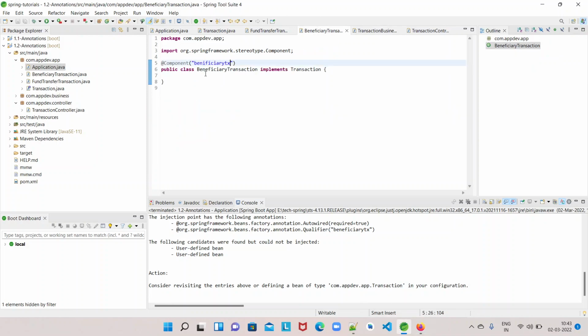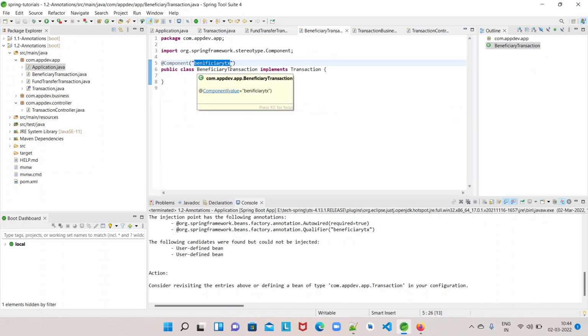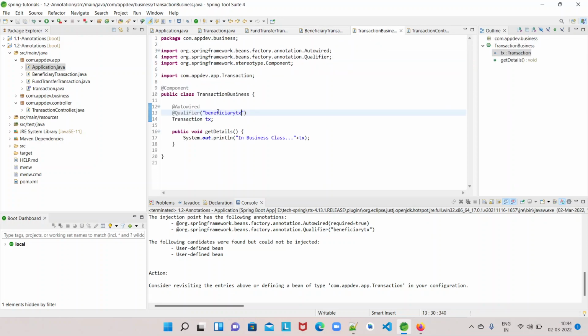Okay, what is the name of it? Beneficiary tx. I want the beneficiary tx to be here.